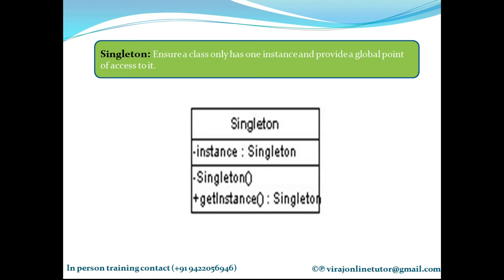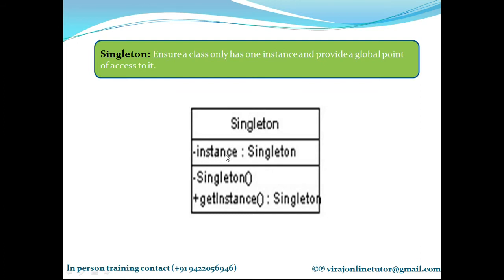So the first question that you have to raise to yourself is, do I need to create only one instance of the class, and whether you want it to be used as read only. These are the two questions that you have to raise to yourself, and based on your answer you can decide whether to use a singleton pattern or not. Okay, so that's what the singleton pattern is all about. You have to ensure that a class only has one instance and provide a global point of access to it. Here I have a UML diagram of a singleton in which I have one instance variable.